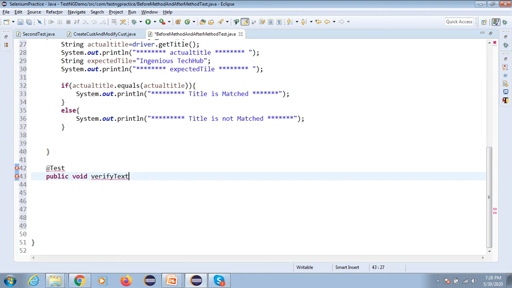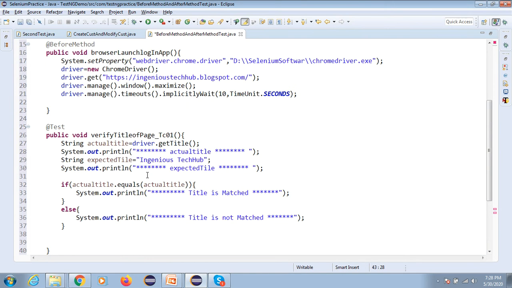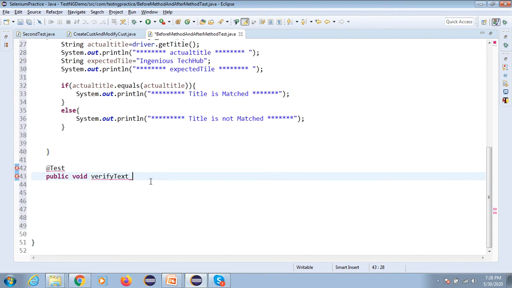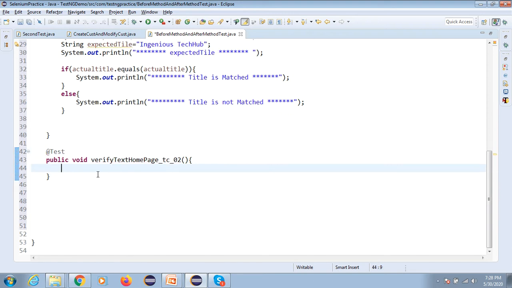text. So here my TC verify text home page, TC 02. I am just giving you an example. We have to follow this.